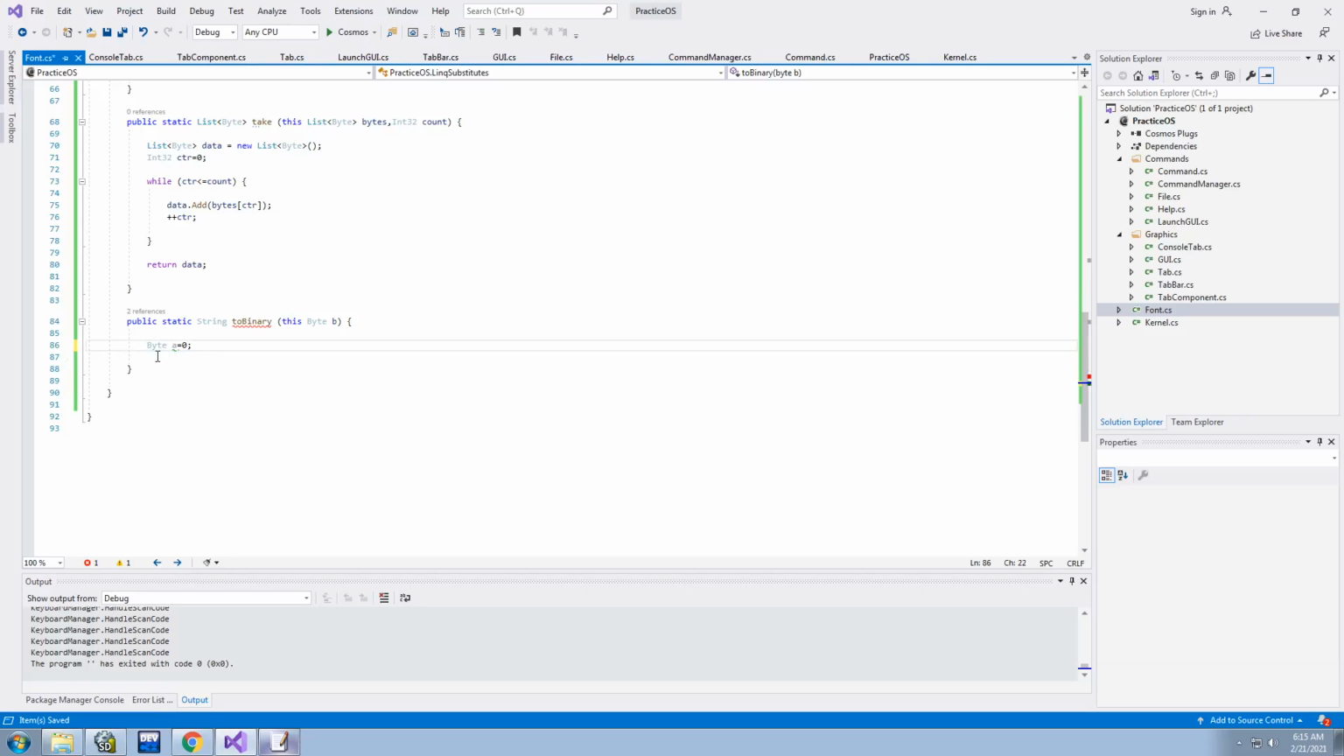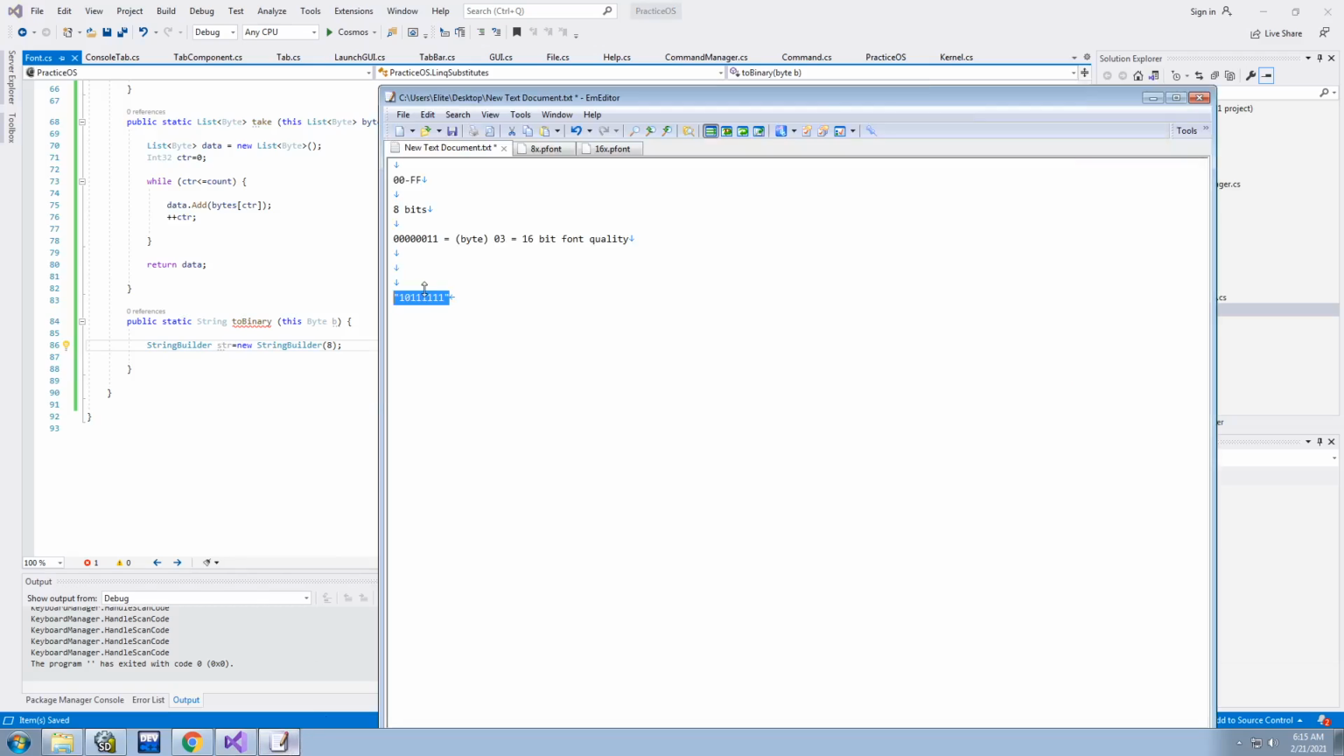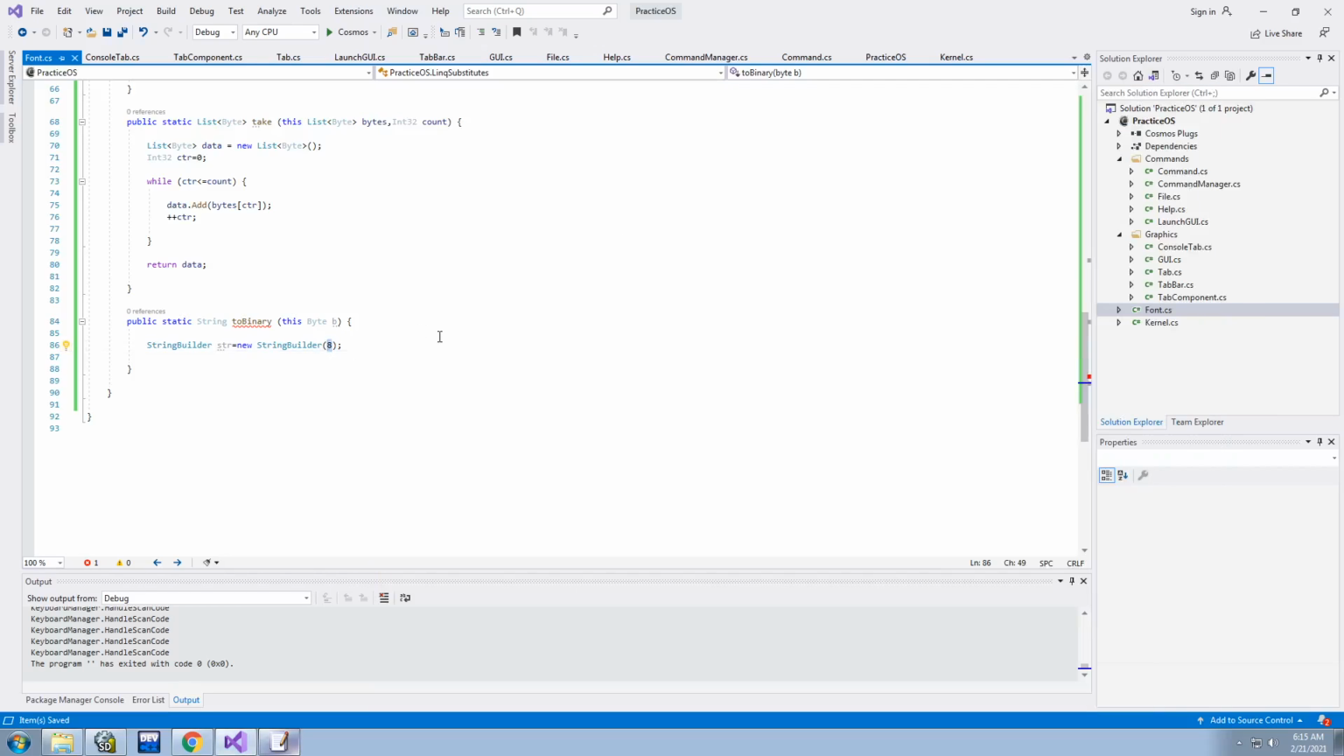But let's actually get on with the method. We're going to take a string builder, because as I said, whenever we're making a string in a loop, we use a string builder. And we're going to set its capacity to 8. We know how many characters we're going to have to build. There's 8 numbers, there's 8 zeros and ones in a binary byte. So we know that's going to be 8. We might as well set it. Same thing